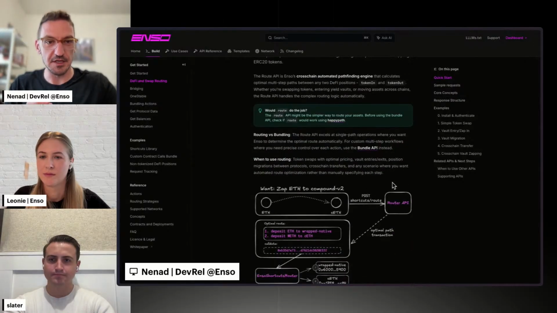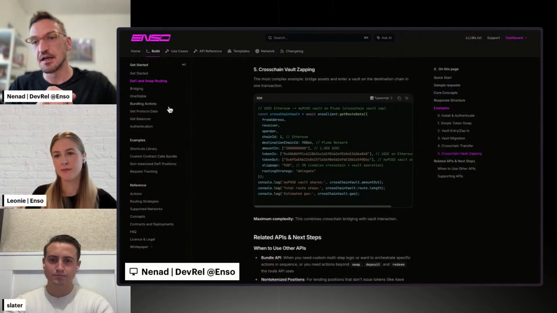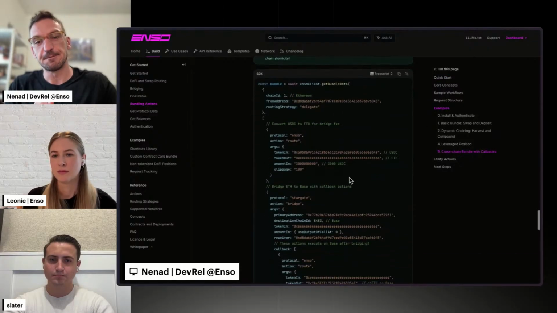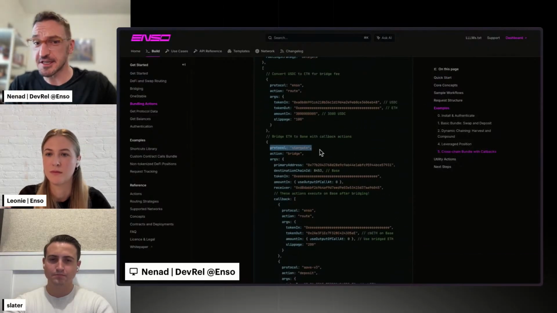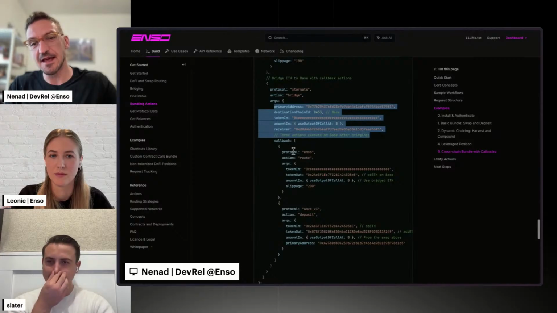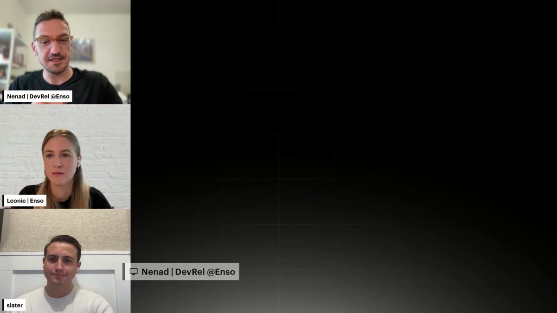And of course, a very important thing is that the simple route that takes you from token A to token B works in cross-chain mode. So this is enough to get a token from one chain to another with all the necessary swaps and maybe even deposits and stuff like that. And of course, when we're doing bundles, that's also possible. So there's again Stargate that we mentioned exposed here, so you can bridge your tokens, and then after they're bridged, you can execute a couple of actions as callbacks to that bridging. So that's what I wanted to show.